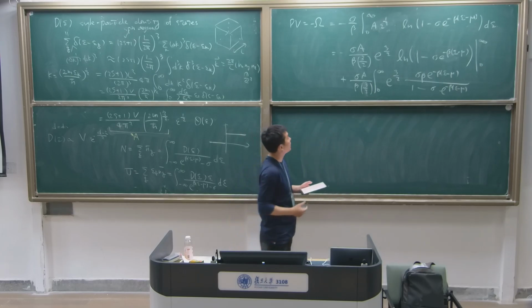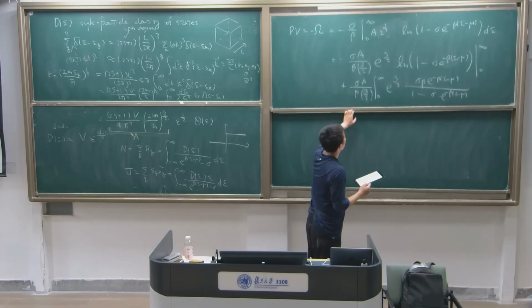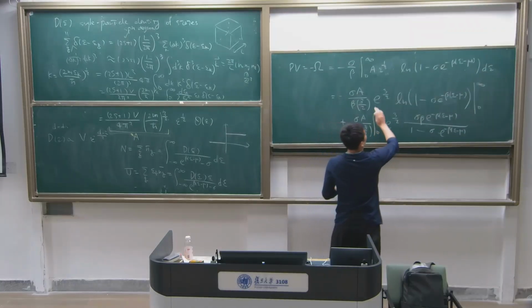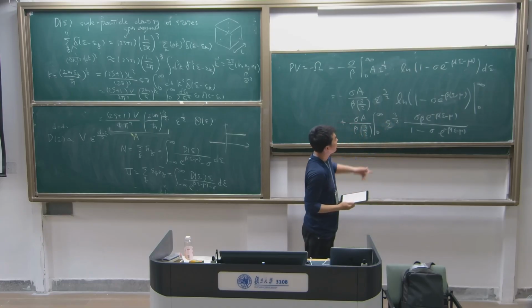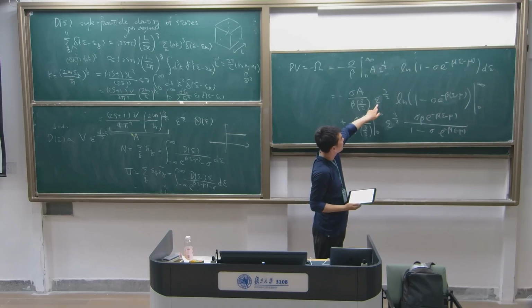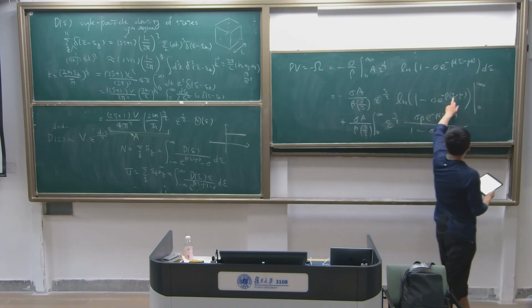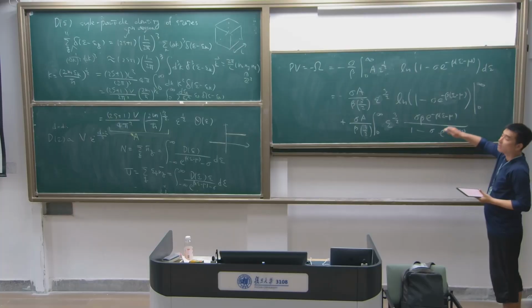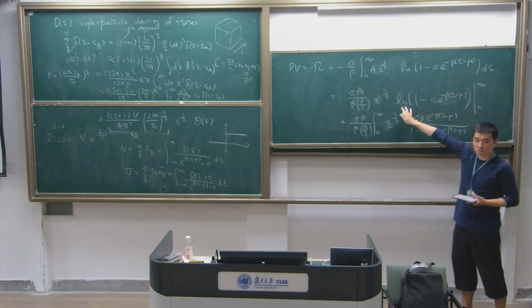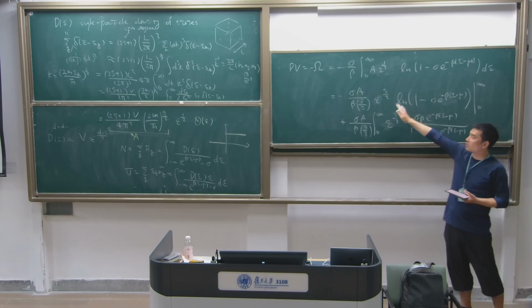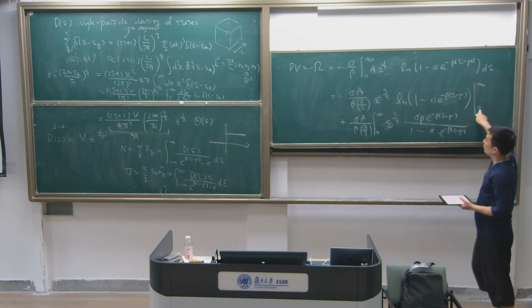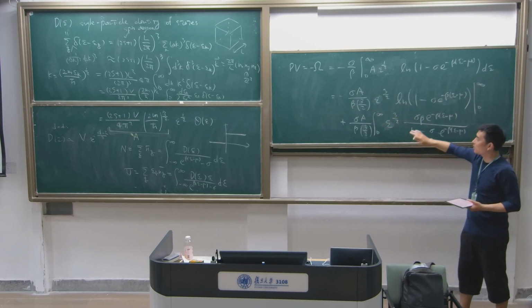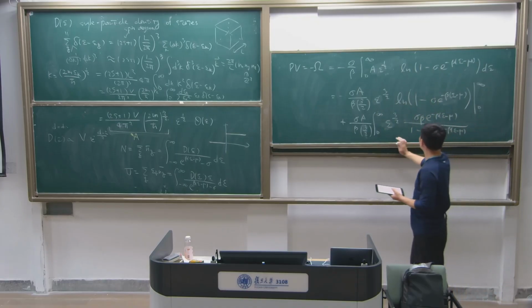So now, let's look at the first term. First term, sorry, no, it's not E. E is like this way, sorry. This is energy. First term, when epsilon is infinity, what's going to happen is that this is equal to 0. Okay? Log 1 is equal to 0, so this should be 0. If you plug 0 into here, this is 0, so this is 0. So the first term is irrelevant. The second term,